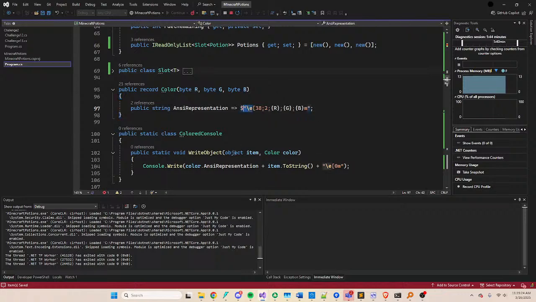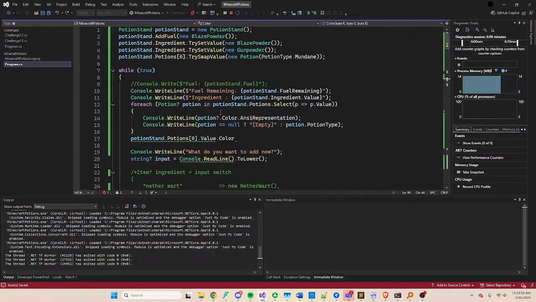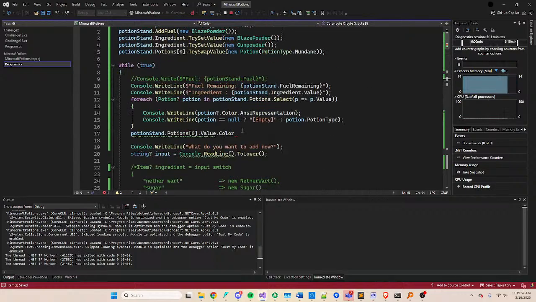Slash E is a new C# 13 feature, so it's only been around for a few months. If you don't have that, you can always do slash U001B, which I think is the exact same thing, or slash X1B. But with C# 13, slash E is the easiest way to do it. Anyway, so that should get the right color, other than